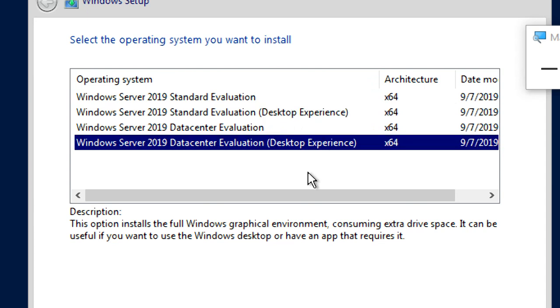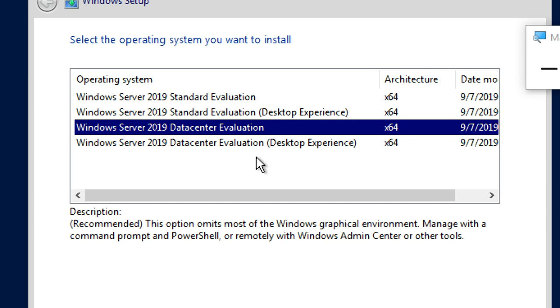Desktop Experience means GUI mode, full screen mode, you will get. If you select the other one, it is core mode; you have to work with CLI only, or PowerShell, command prompt, remote server managers like that.